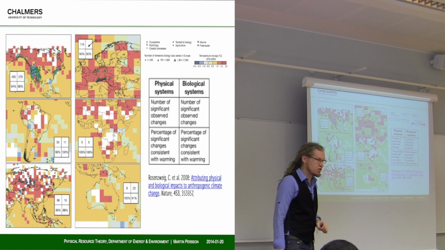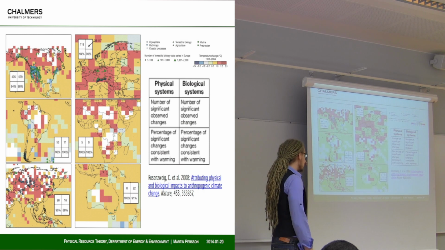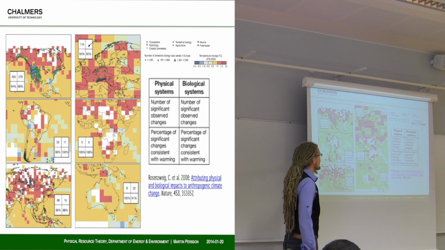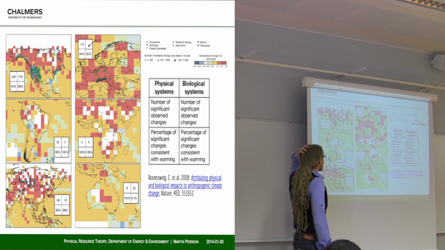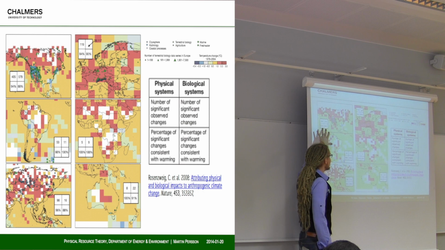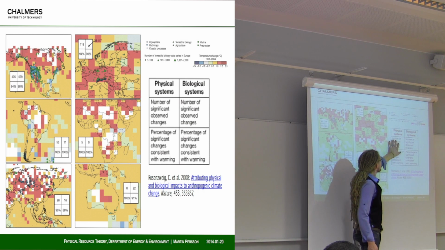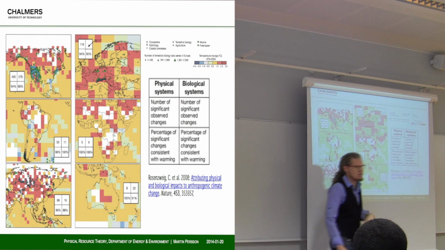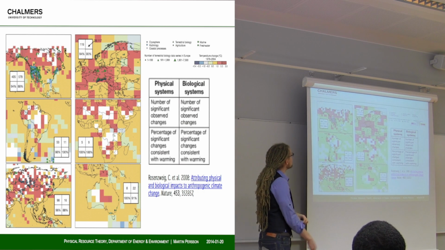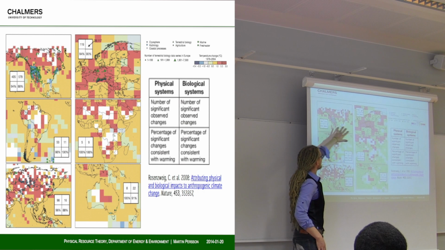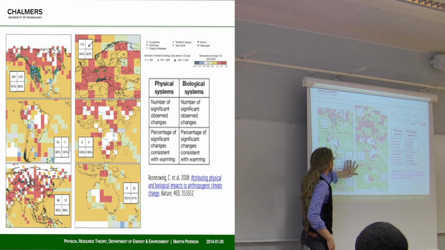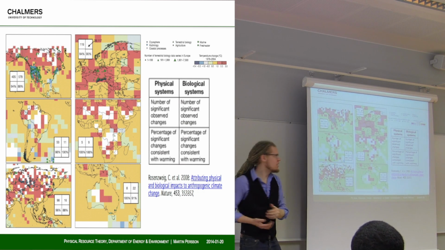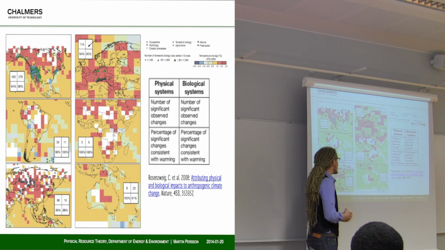There are a lot of studies starting to look at the impact this has on biological systems. This was a review article, and I just want to make a few simple points. Looking at studies trying to look at changes in physical and biological systems and whether they were consistent with this warming from climate change. First of all, nearly all, in all areas, in all continents, most of the studies are consistent with changes in biological systems: you see spring coming earlier, flowers blooming earlier,